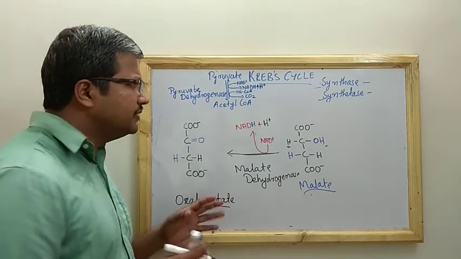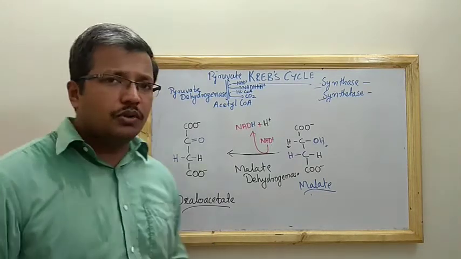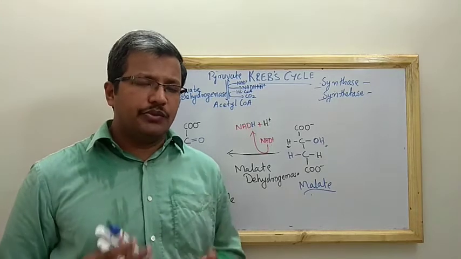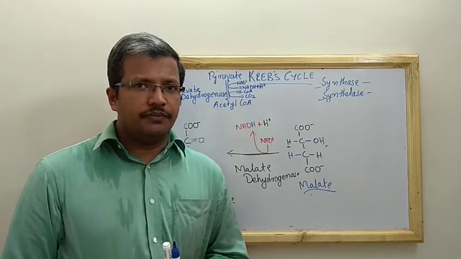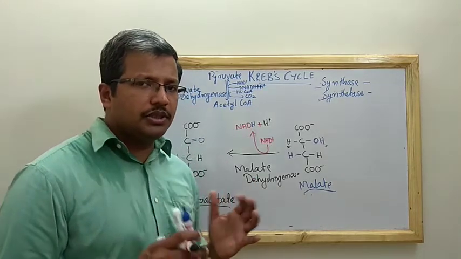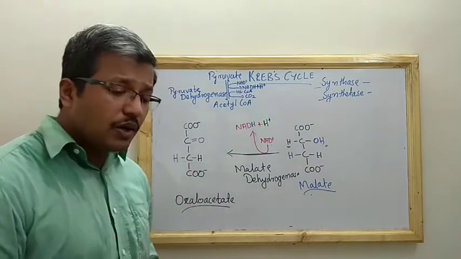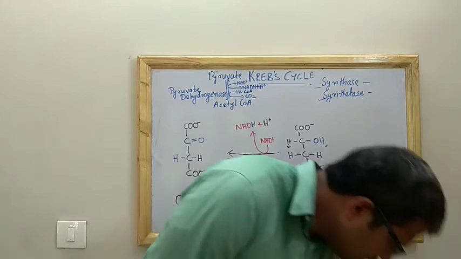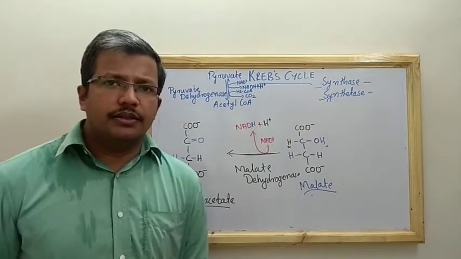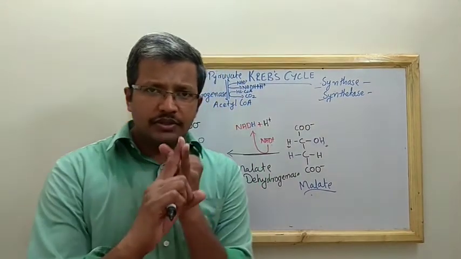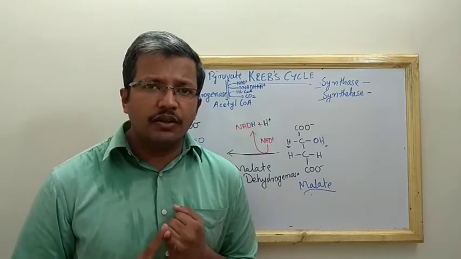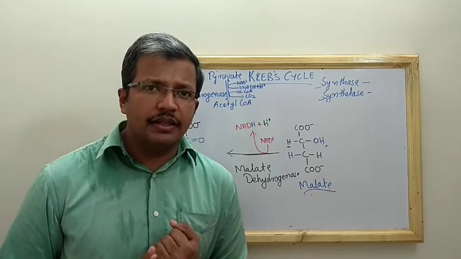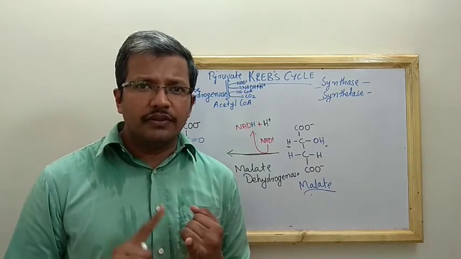After this lesson, you have to watch the energy balance sheet of the Krebs cycle. You have to watch that particular thing, then only you will be familiar. So what should be remembered in this Krebs cycle? The first step of the Krebs cycle is the union of acetyl coenzyme A